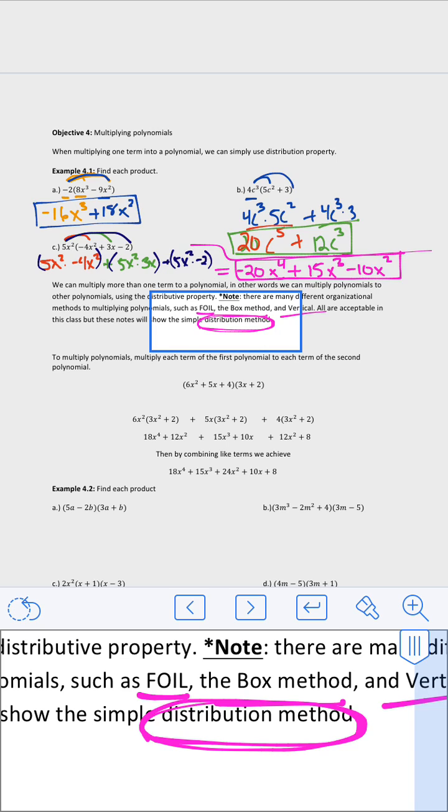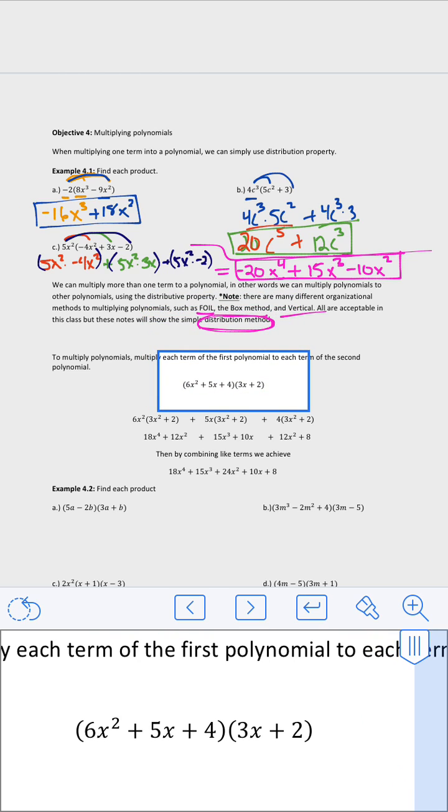There's just a few things to keep track of. Over the years, teachers try to give you many different options to be able to organize your thoughts. That's all these methods come down to. Okay, it's thought organization. But what it comes down to is if you have something like this, a trinomial times